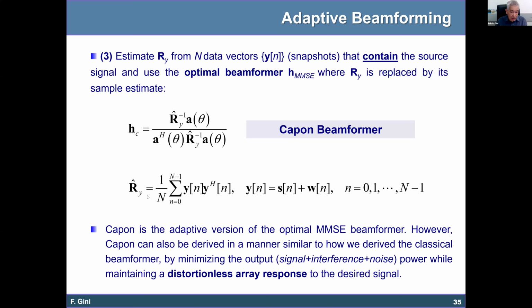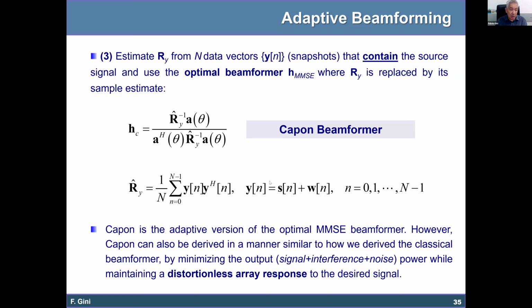If we replace in the optimal beamformer the estimate of Ry, we obtain another adaptive beamformer, and this beamformer is typically called the Capon beamformer,